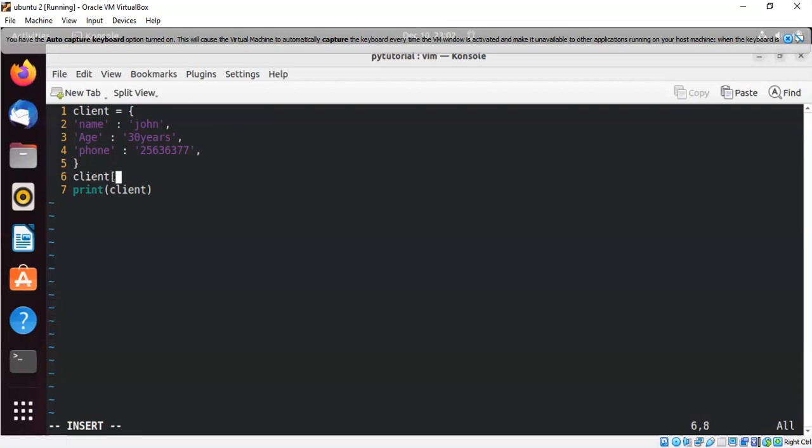You use a square bracket. Use this, then say birth year. Remember, don't use parentheses. Don't use parentheses. You use square brackets because this is like a list, and we know that a list